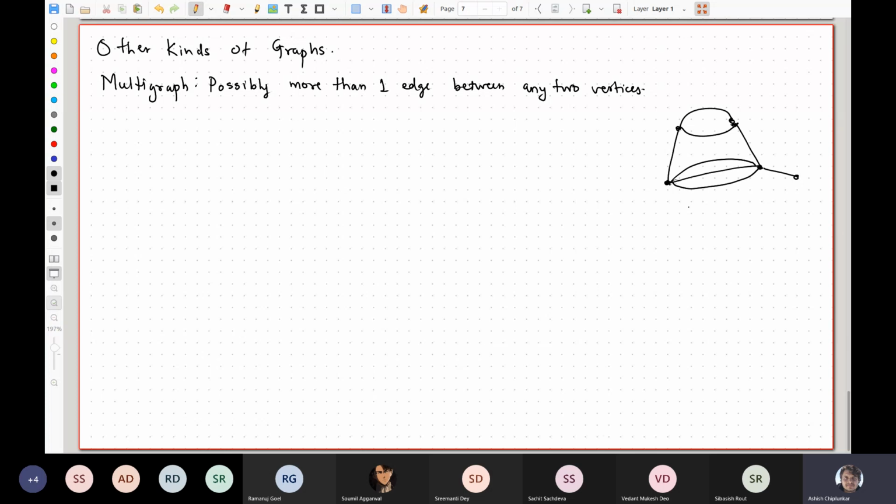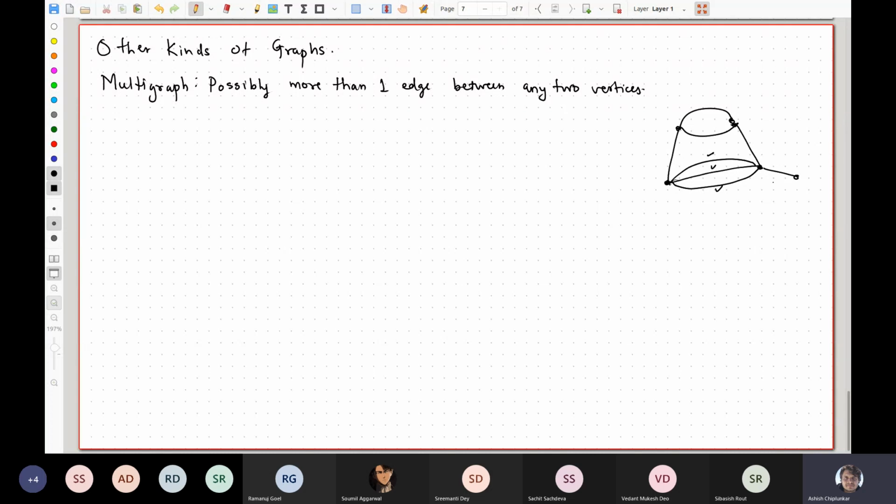Right, so now you cannot define the edge set to be a collection of two subsets of the vertex set, right? Because this and this will really be the same vertex set. So you'll have to define it to be a multi-set or something like that. Or there are other ways to formally define it. I leave that for you to figure out. Right, and then lots of things which hold for usual graphs also carry over for multigraphs.